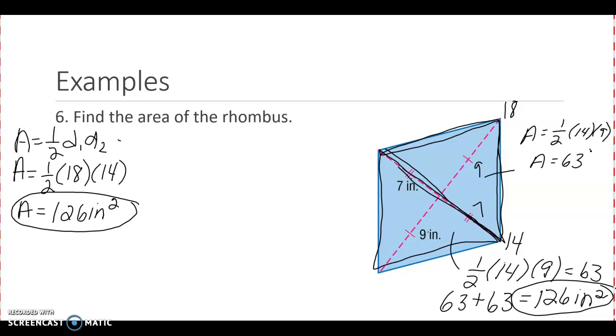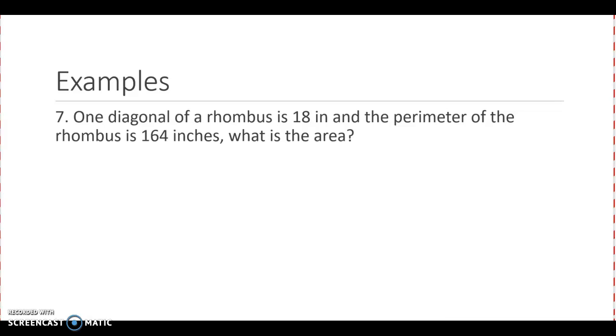Now we're going to look at a little bit of a tougher example, the only other example we're going to do dealing with a rhombus. We are given one diagonal of the rhombus, and we are given the perimeter of the rhombus, and then we're going to find the area. In order to find the area, we basically need to somehow use the perimeter to find the other diagonal of my rhombus. So I'm going to make a quick sketch